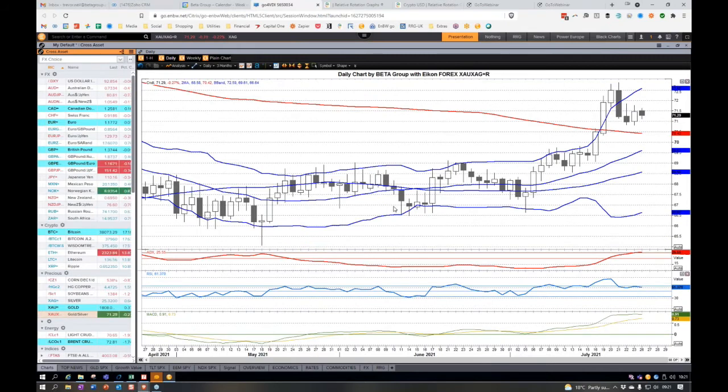Well, we are really. So this is gold versus silver. Going up here means gold is preferable to silver. We had a pullback on it, but it's starting to go up again. So that pullback seems to be over, and we should be resuming the outperformance of silver versus gold. We are going to move